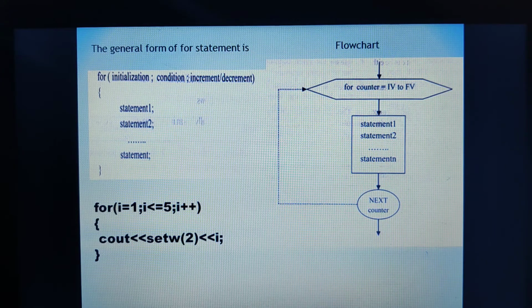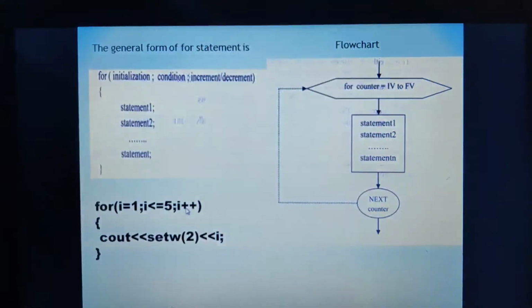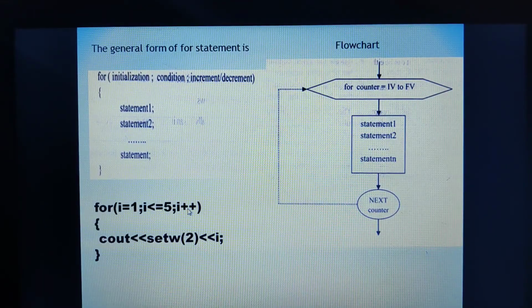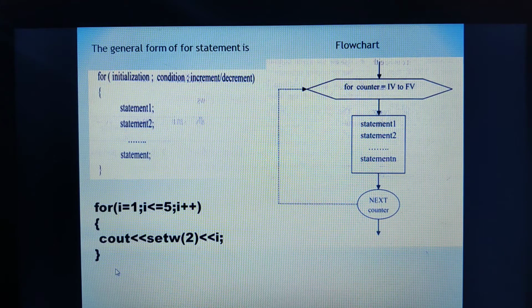Moving on to the next part of the for loop, that is increment or decrement. This part says how the loop or counter variable will increment or decrement after every iteration. That is the third part. But remember, assignment happens only once, and the condition will keep on iterating as long as this condition is true. Once the condition becomes false, the control comes out of the for loop. I hope you are able to recall these points.